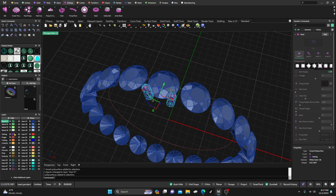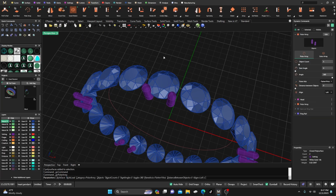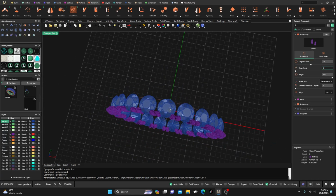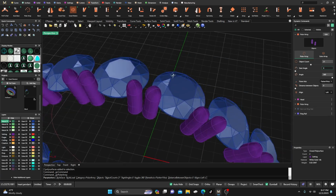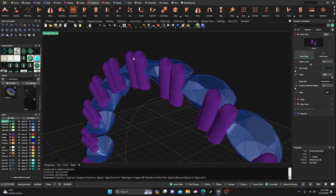I'm going to go ahead and take purple and join those back, or group those back together rather. And then I'm going to go to my transform and polar array, and I think it was 22, wasn't it? Or 21. We'll go ahead and hit 21, and it'll put me a double prong out there. We have a little space in between, so that should be fine. But there is something I don't like on these prongs, so I'm going to go ahead and hit enter, and